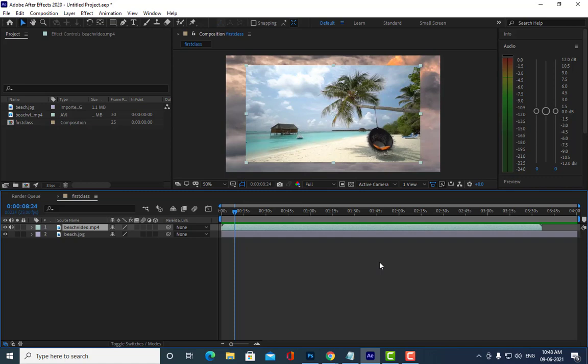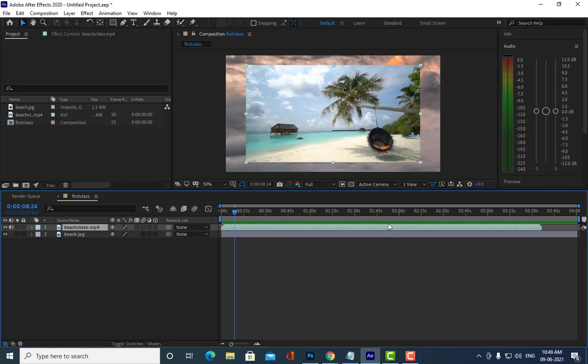But sometimes this green line will not extend till the end of your duration. It will stop somewhere in between. It means it still has to render. Are you all getting my point? So always check the green line.